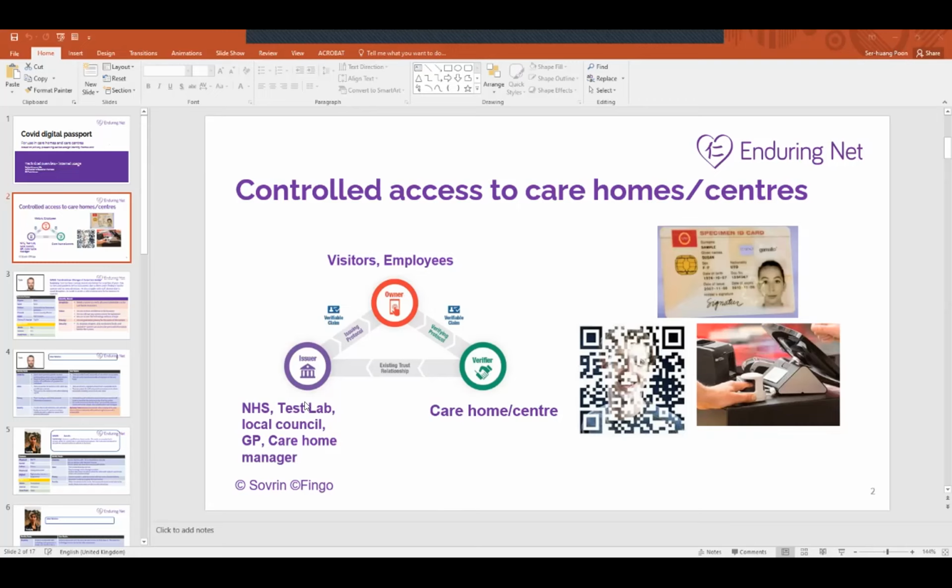Then the issuer, in our example the University of Manchester NHS test center, certifies your test result. And the verifier, in this track and trace situation, is not even a person, it's a server. The server is going to manage the alert.